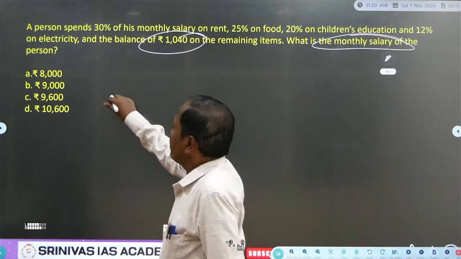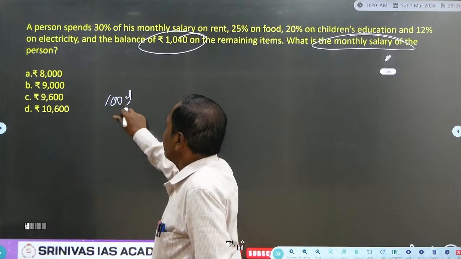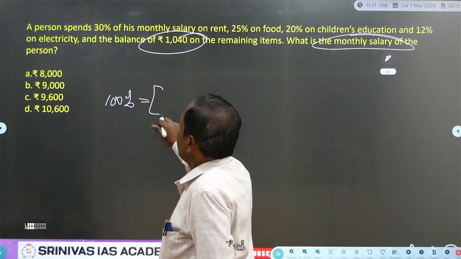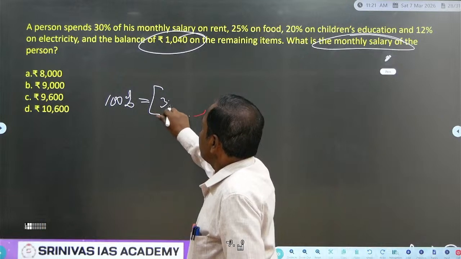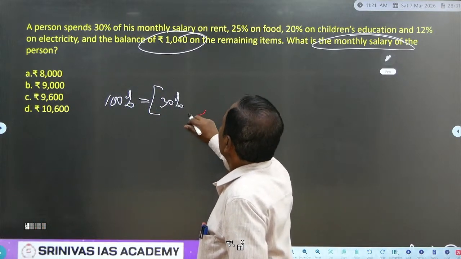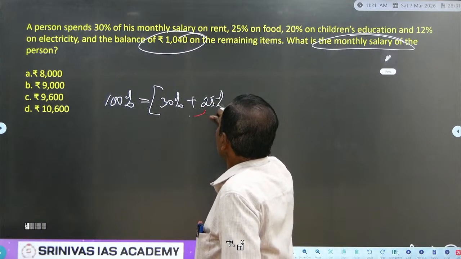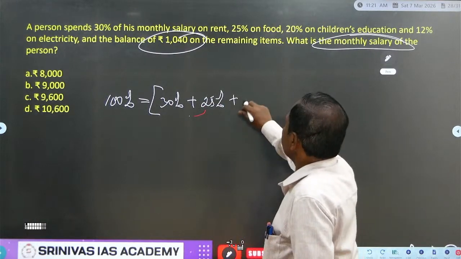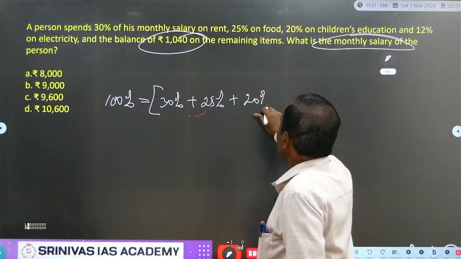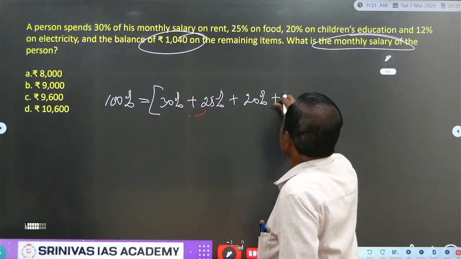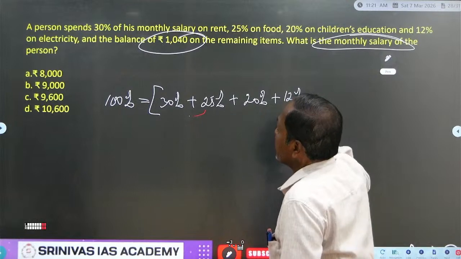He spends 30% on rent plus 25% on food, and 20% on children's education, and 12% on electricity,